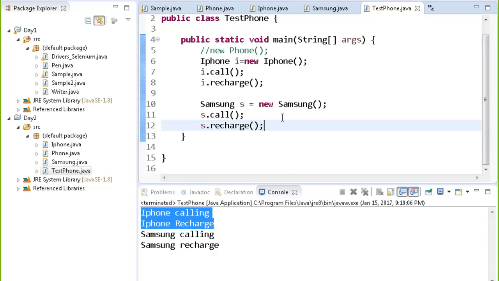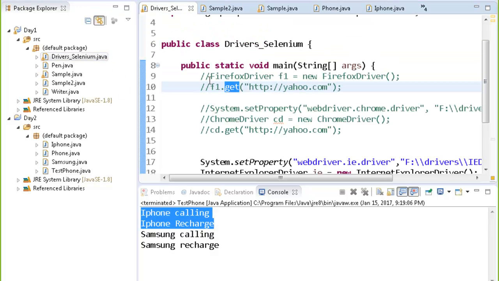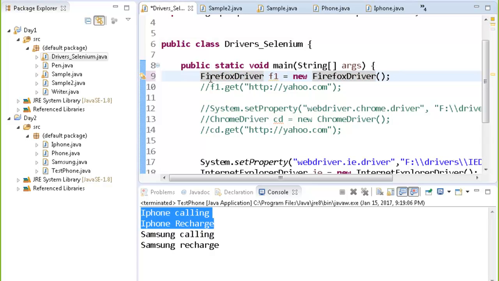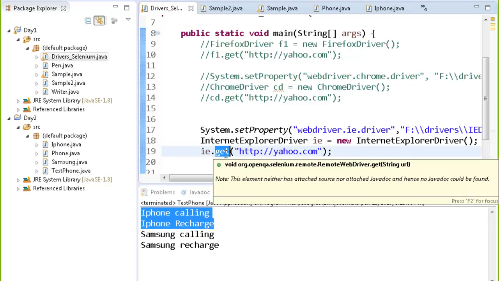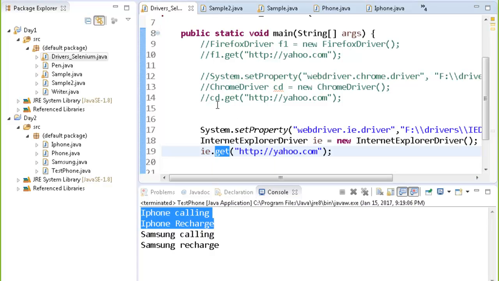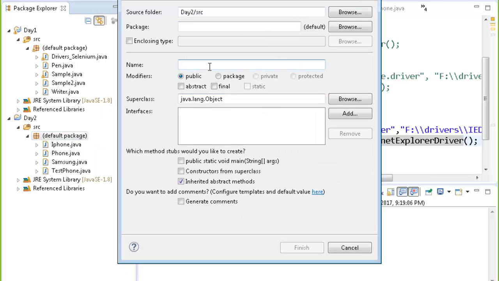So basically, you can create the objects of the implementing classes. You can create the objects of the driver classes which we had over here, Firefox driver, Chrome driver, iDriver. The function names will be the same. But how will you write a code which can execute on different browsers? All the driver classes are implementing the WebDriver interface. Suppose in day 2 I create a new class known as again drivers